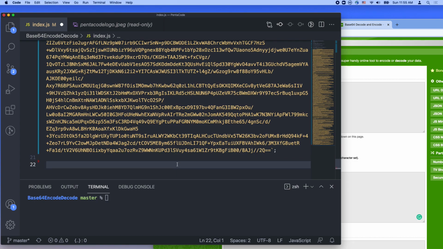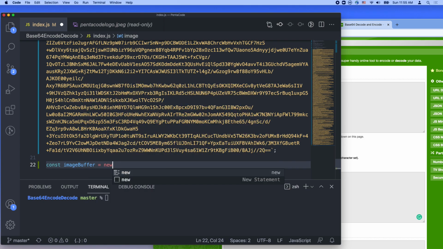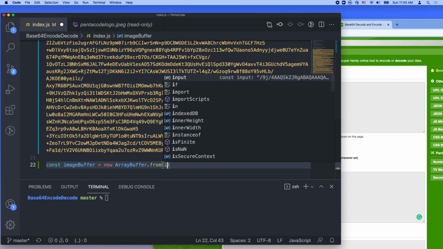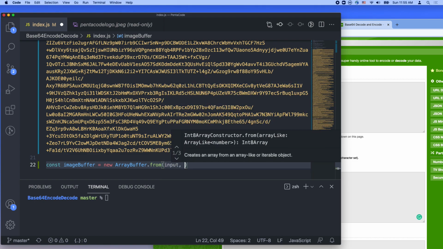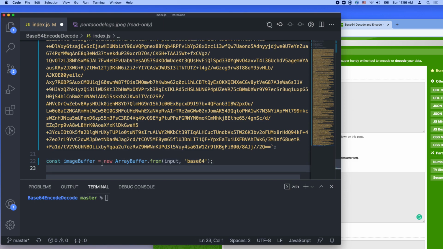Now let's do an image buffer equals Buffer.from. We want to use the input, which is what we have, and we want to convert the input into an actual file, right? So we want to convert this by telling the buffer that this input is a base64 format, and let's load it into the memory. Now this image is in the memory.